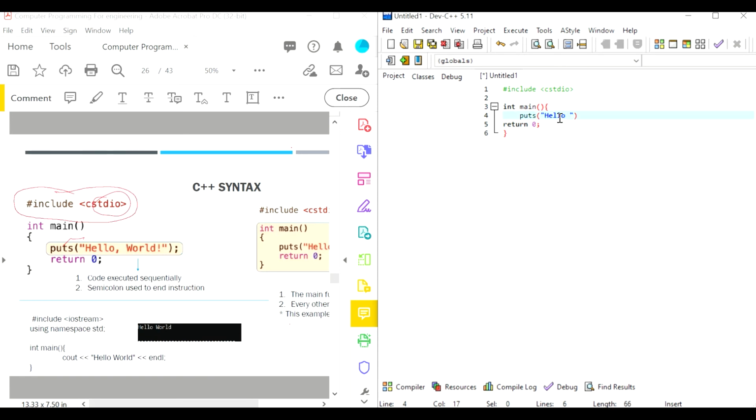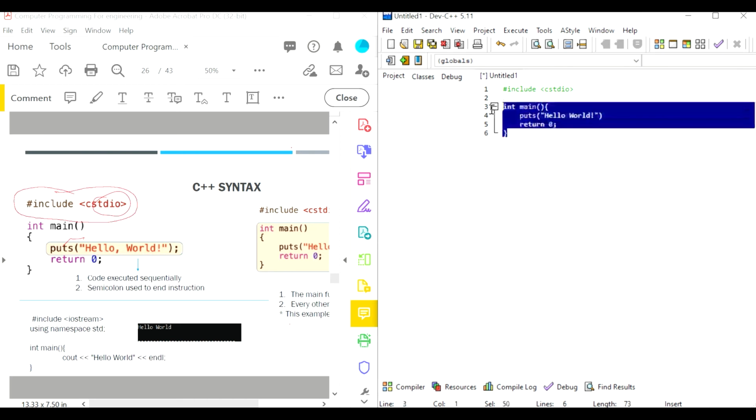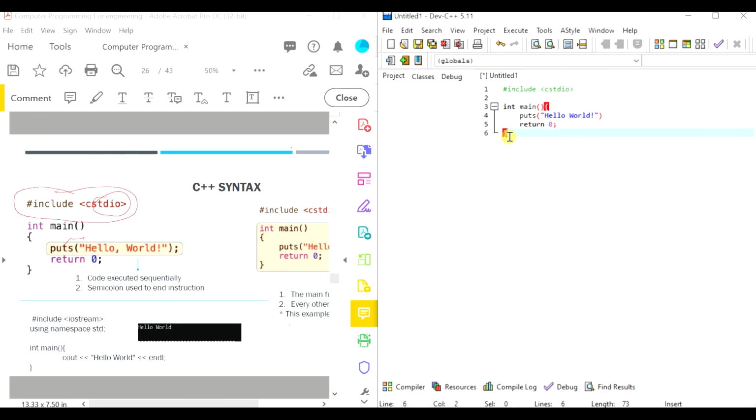Hello world. So you can use tab or space, or you can leave it like that. I like to have tab to indent my code and make sure that I can later find my main functions, because you can have other functions that are not the main function. All right, so this is the very first code, and if you want to run it, you come here and say compile, or press F9,